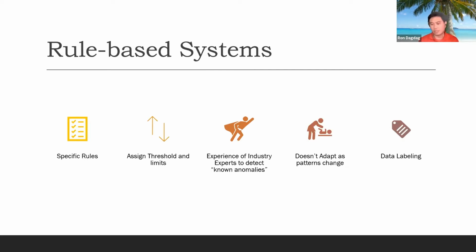And we all have these different rule-based systems that help us identify possible problems. So it's when you have specific rules and you assign thresholds and limits, and you need the experts to detect if there are anomalies with your data, especially when you're processing them